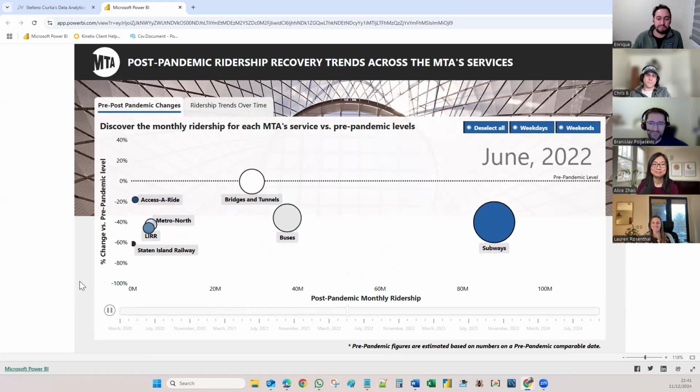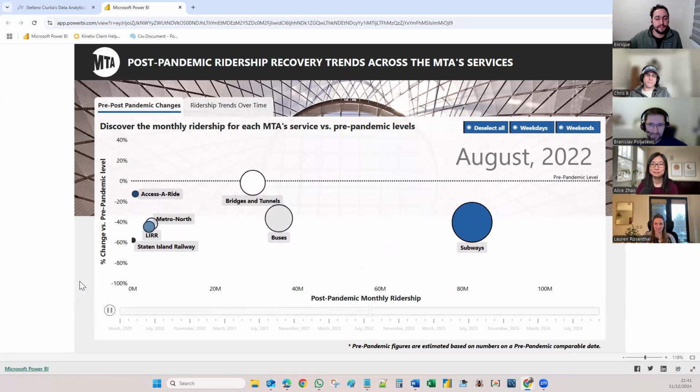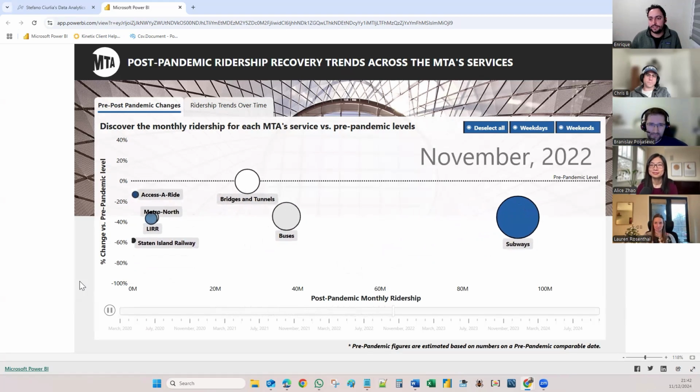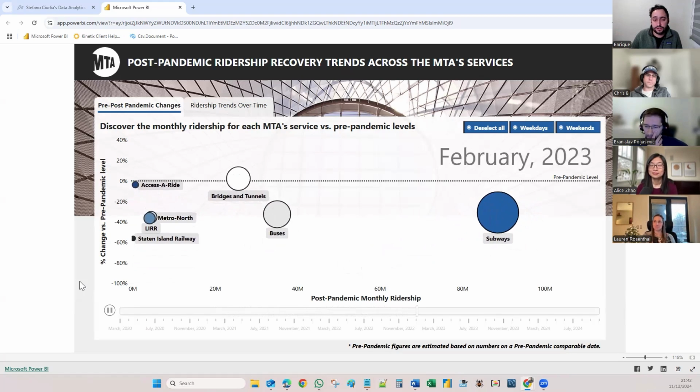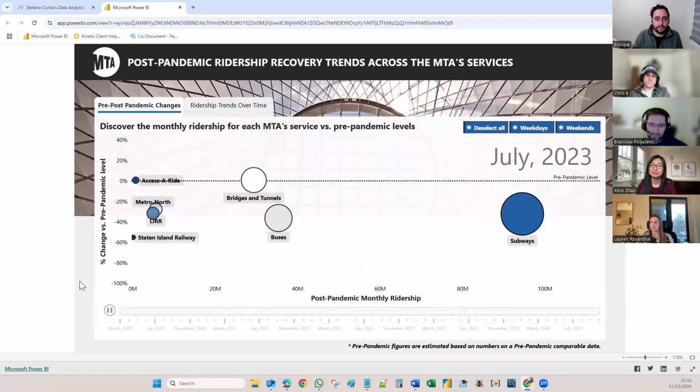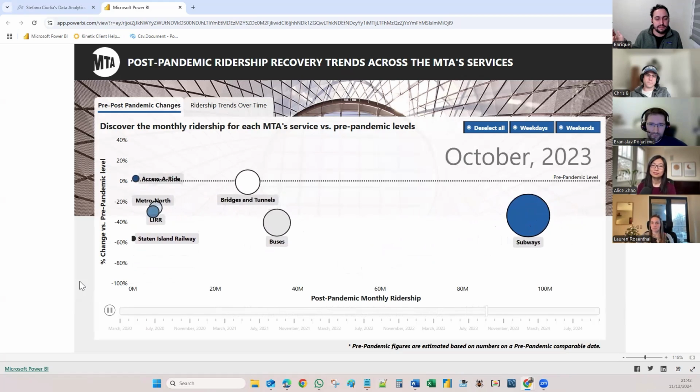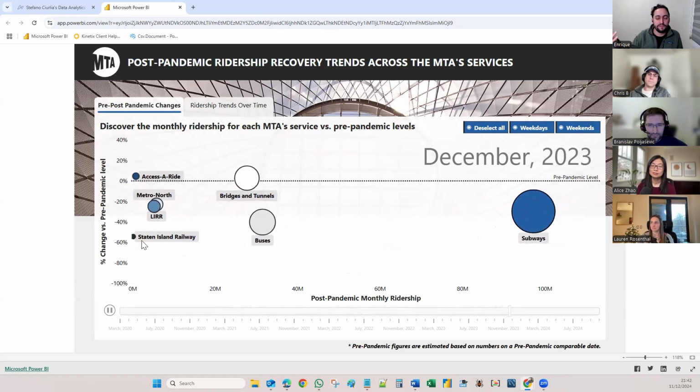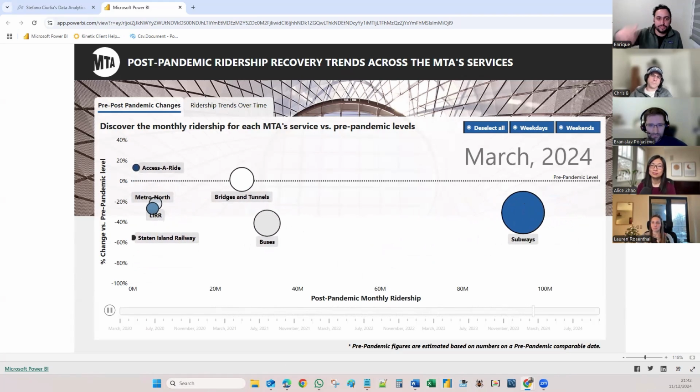I like the ridership trends over time. We haven't seen that in any of the other finalists. It shows the absolute volume. And it also shows, I might be understanding this wrong, how accurate their models were for calculating what their estimate would have been for ridership at that time, because you can see the same